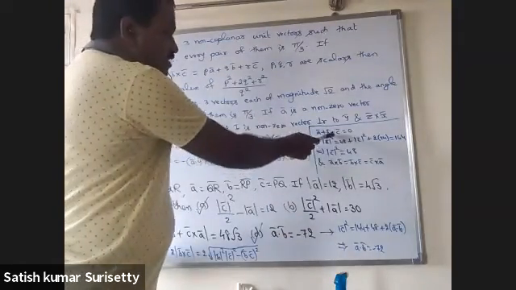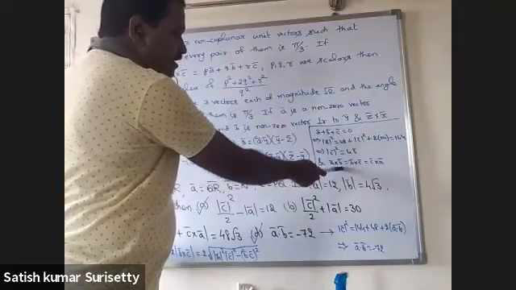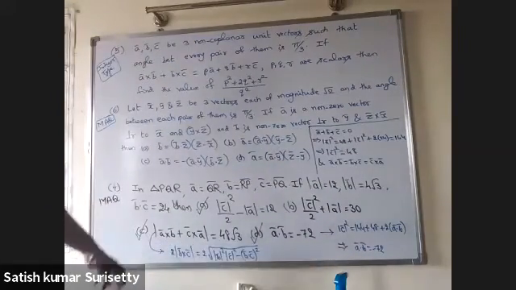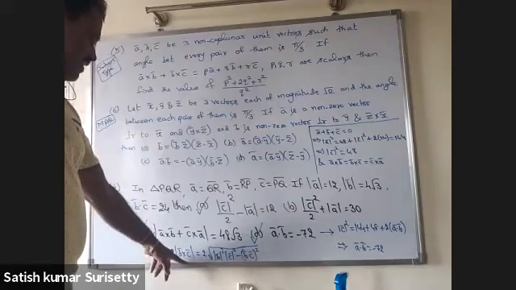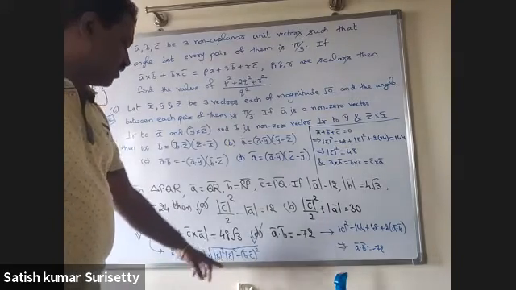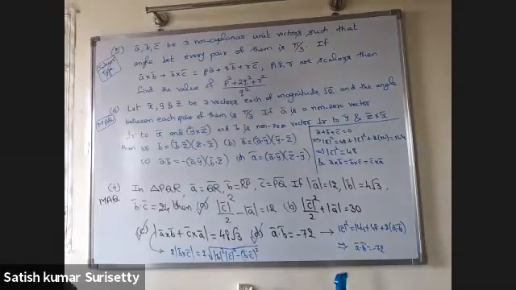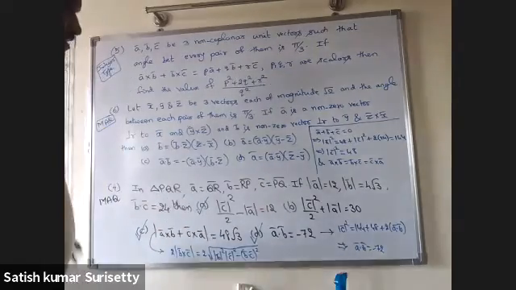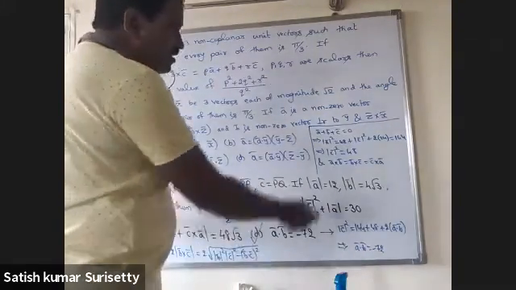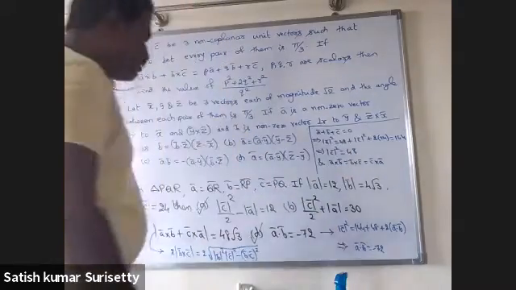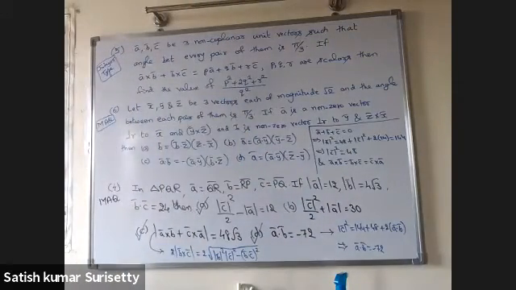Next, when a bar plus b bar plus c bar is 0, you can prove that a cross b equal to b cross c equal to c cross a. That means with the third option you can write it as 2 times b cross c. Using Lagrange's identity, you can write it as 2 into root of mod b square, mod c square minus b dot c whole square. Substitute the values and simplify. Then you'll get 48 root 3. Next, to get a bar dot b bar, take a bar plus b bar to the right side and square it and simplify. Then you'll get a bar dot b bar equal to minus 72.